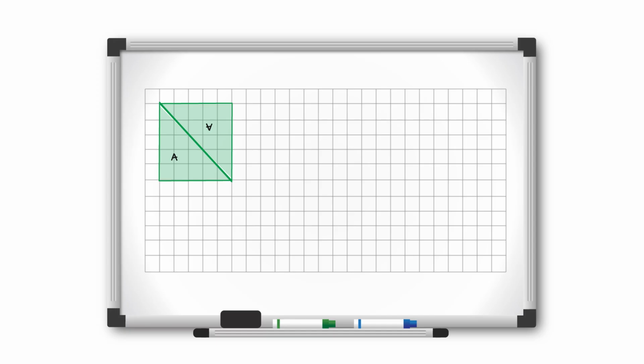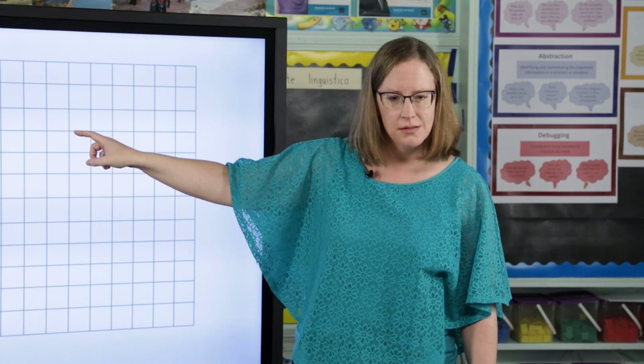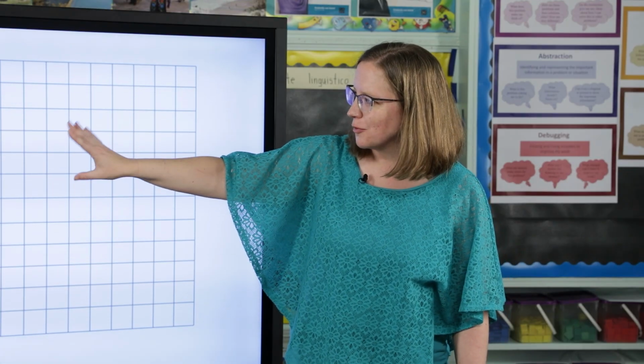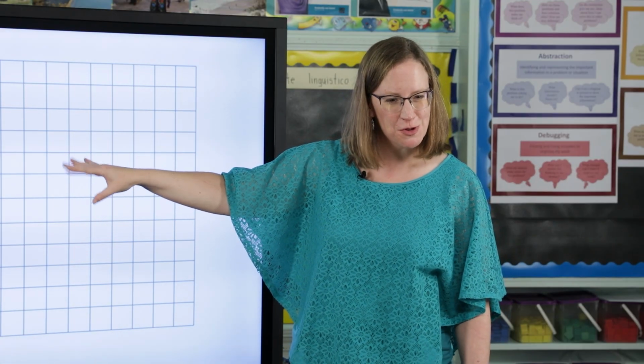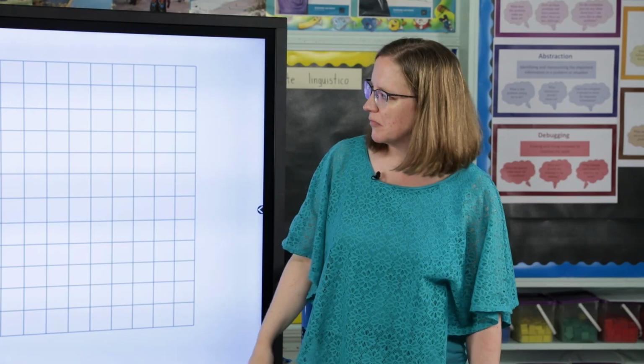Why was it helpful to have a rectangle instead of a triangle? Oh yeah, okay, that makes sense. So you knew you were trying to find area, and one way to do that is to count the squares. And with a rectangle, you didn't have to worry about those partial squares. It was all whole squares, easier to count. Okay,